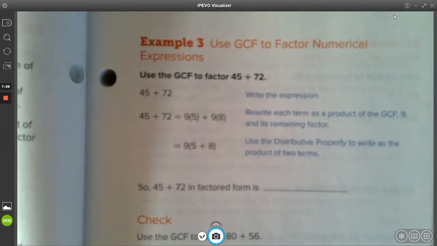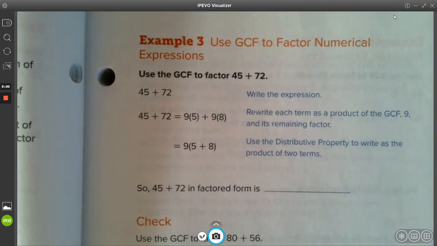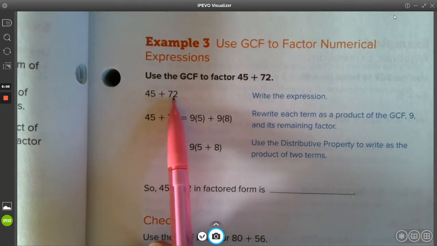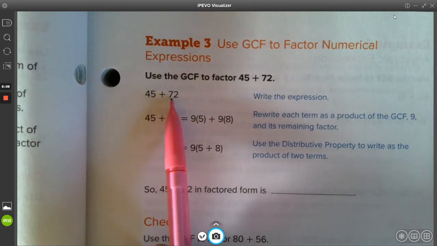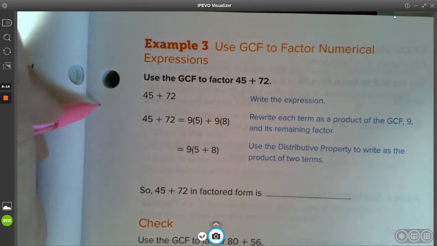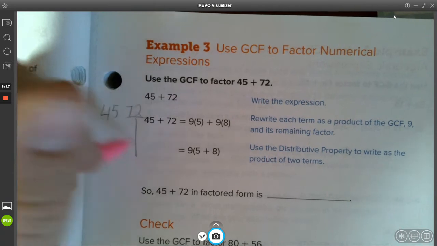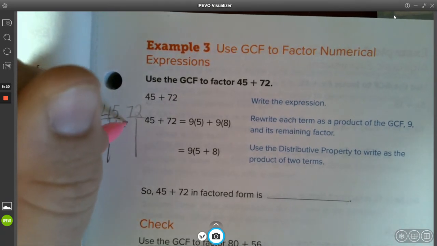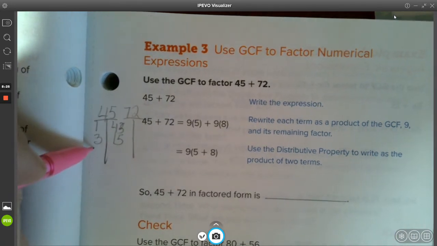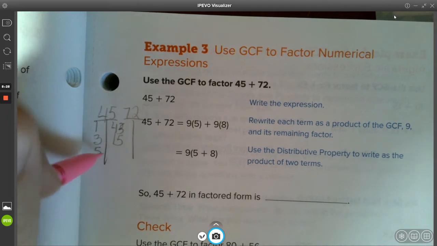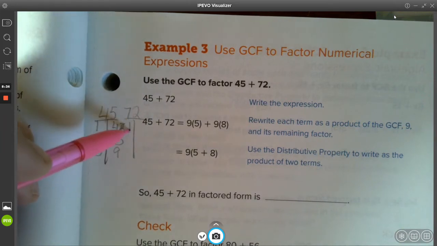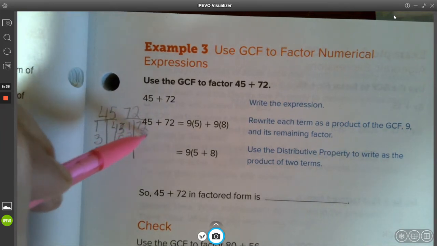All right, so let's keep moving here. Let's look at example 3. 45 plus 72. So first things first, we find the greatest common factor of 45 and 72. 45 and 72 have the greatest common factor of 9. Remember, you can use your t-charts to find the greatest common factors. 1 and 45, 3 and 15. Let's see, can't do 4, can do 5 and 9, can't do 6, can't do 7, can't do 8. So there we go. Same thing with 72, 1, 72, 2 and 36,